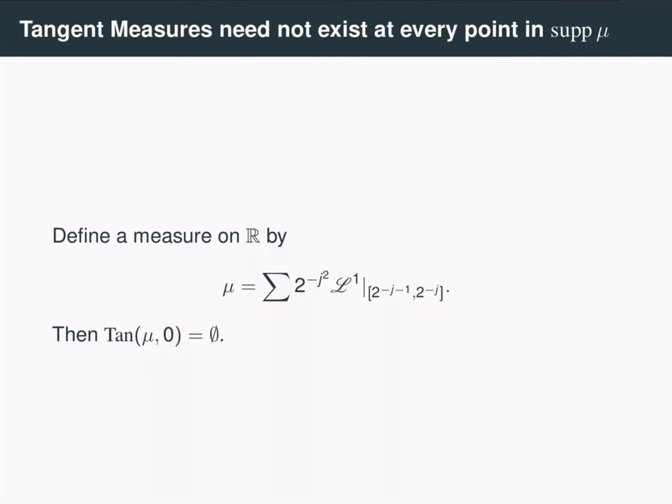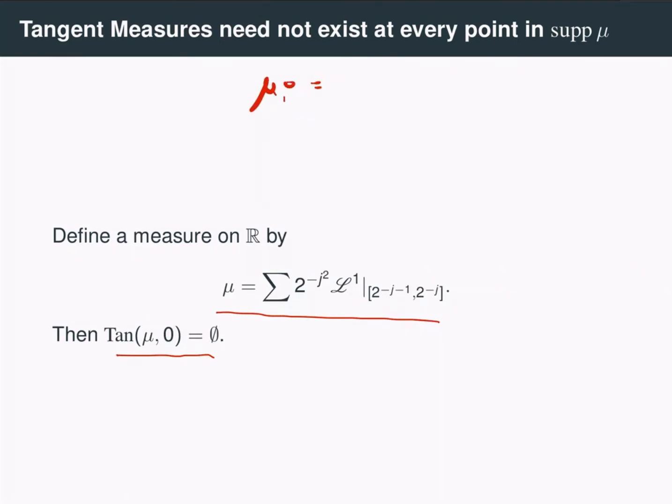Now, tangent measures don't need to actually exist everywhere in the support of a measure. So here I've given an example of a measure mu so that 0 is in the support of the measure and the set of tangent measures of mu at 0 is empty. I'll leave it as an exercise to verify that this is the case, but the key idea is that